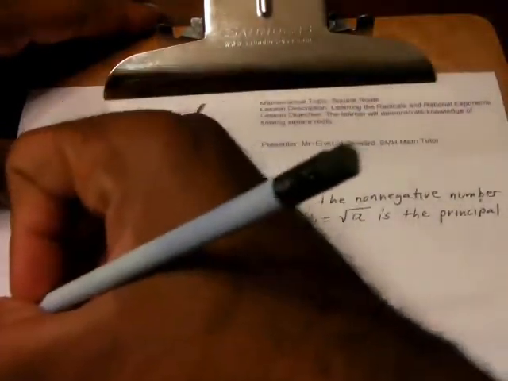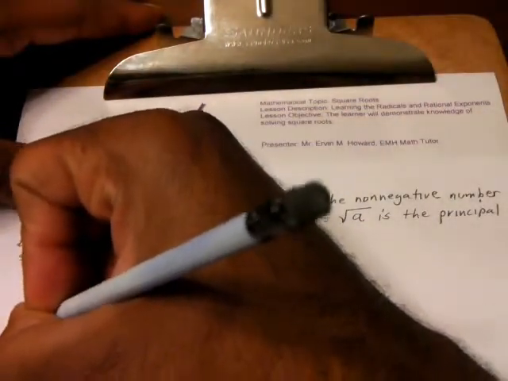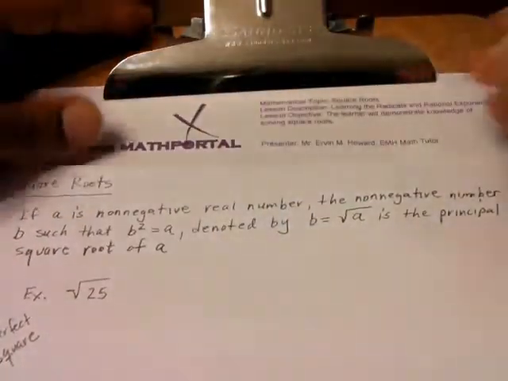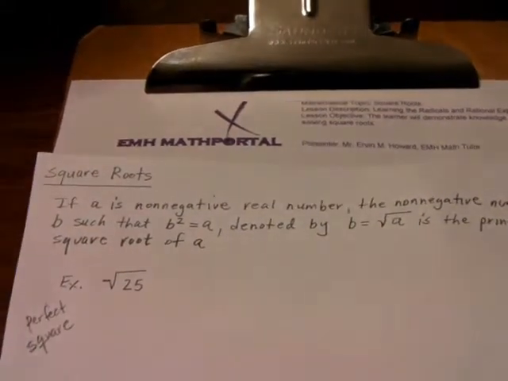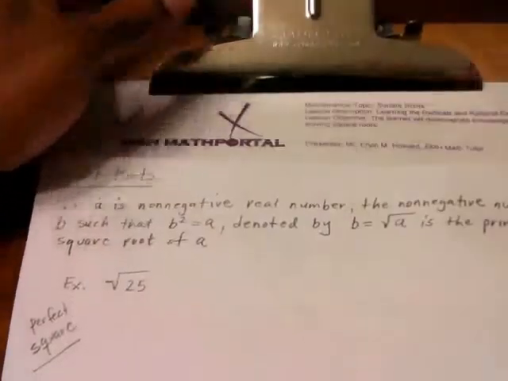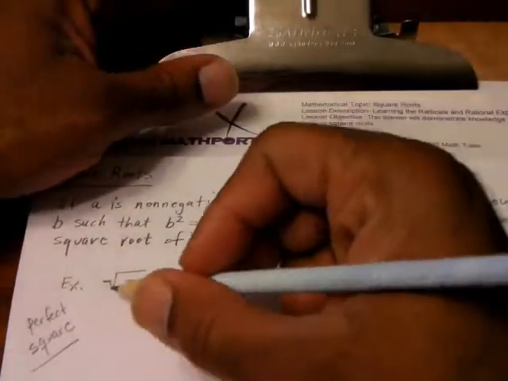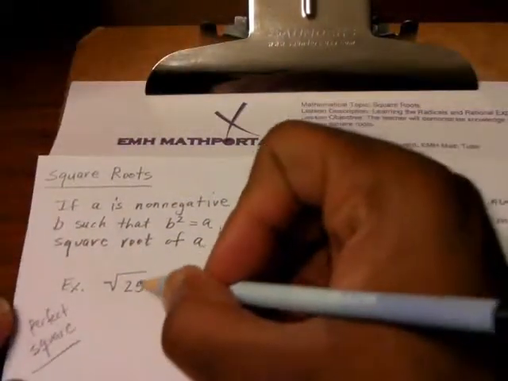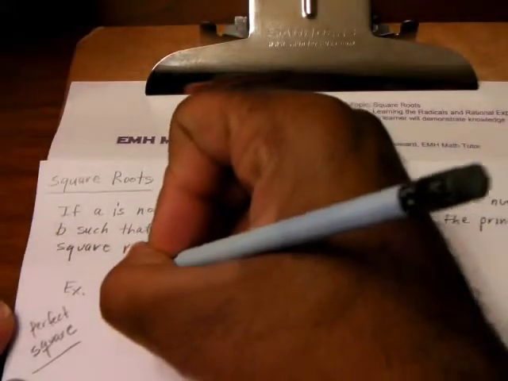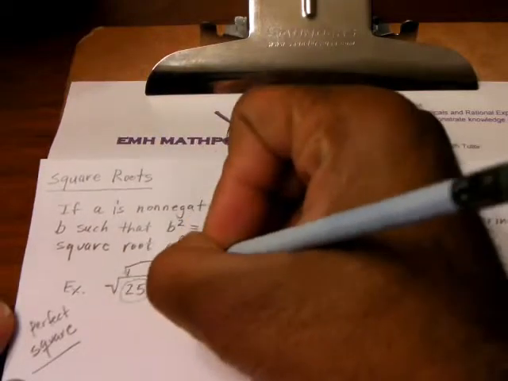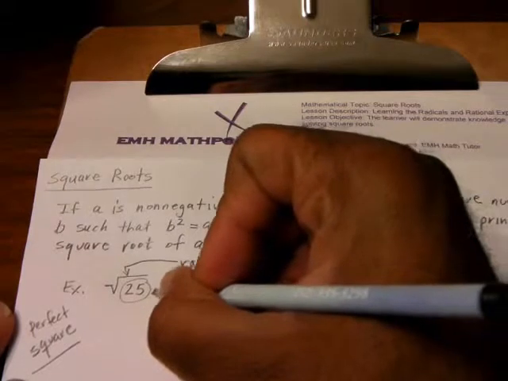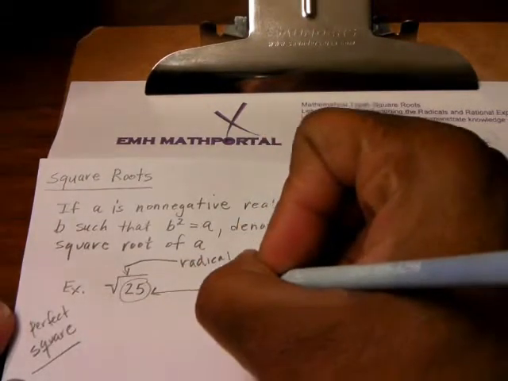And I'll put a note, perfect square, so that the next time we do problems, this will be a hint on how we can find square roots by understanding what a perfect square is. But let's look at the square root of 25. The 25 inside the radical, this is called the radical. I'll write the word radical, all right? 25 in the radical is called the radicand,